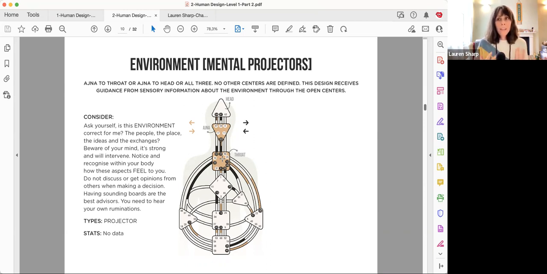They don't have any other guidance system, so they can get very lost in their head in terms of what to do. This is a chart of someone I've actually done a reading for. The individual was young, super stressed, and had cancer. It's very tricky, because with open charts like this, just as you can be so defined, you can be so open and so influenced, feeling like you don't have a voice and don't stand in yourself, and you can actually end up getting quite sick in that process too.